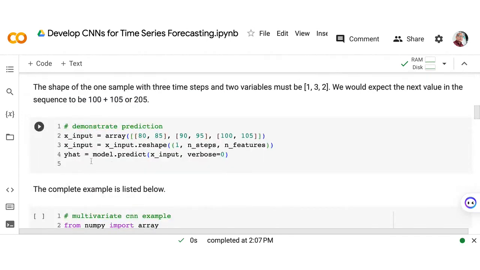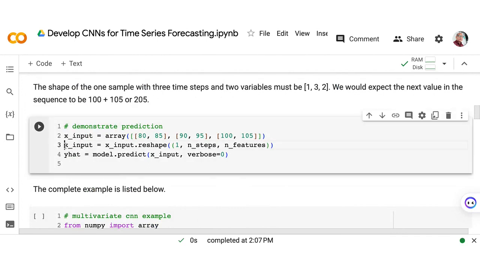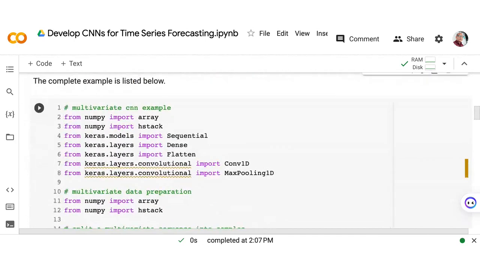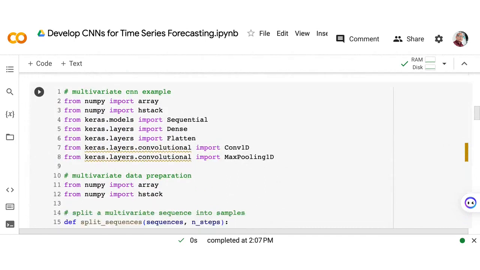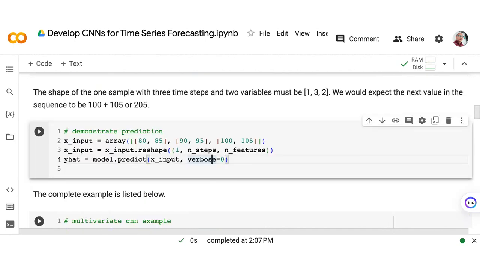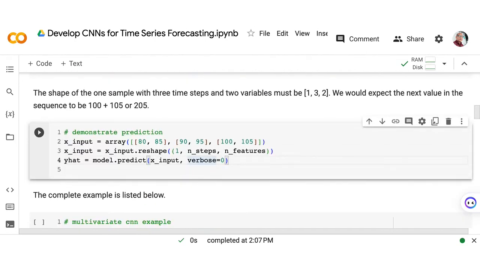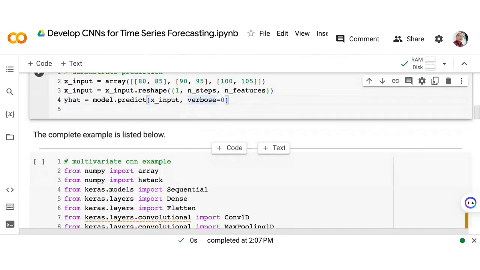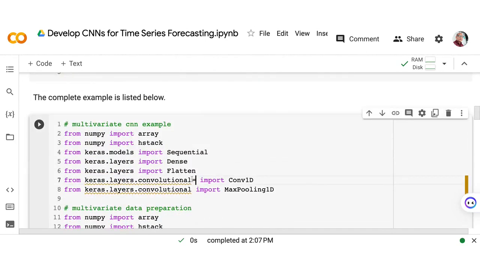same as in the prediction, but the thing that you have to understand here is the reshaping of our input, because we still need the number of features, as you may notice from here. Now, the number of features that we have is not anymore one, because we now have multiple columns or multiple features. Now, the complete example is as follows. So we try to correct the mistake here.